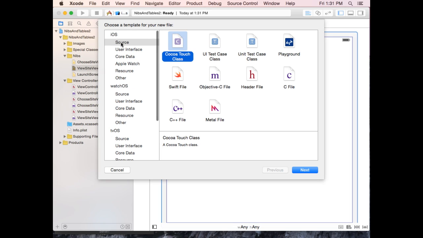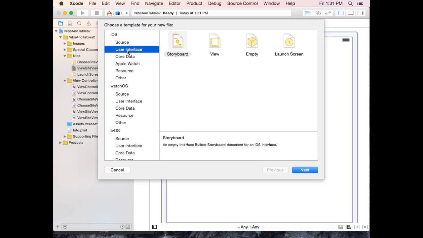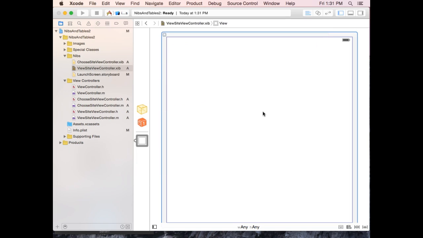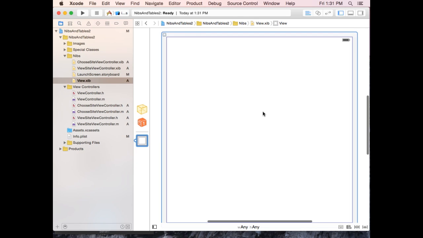It'll be iOS source, iOS user interface view. We'll hit next. And I'm just going to call this one view.xib. And create. And so what we'll do is,